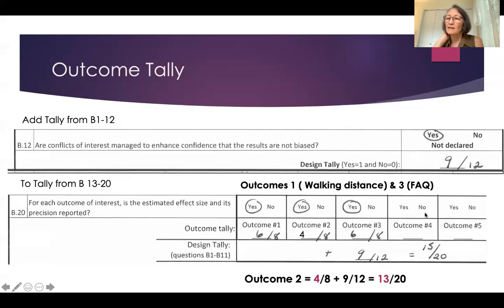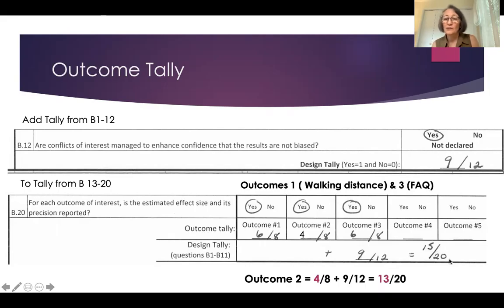So when we take the tally from the first page, where we had 9 out of 12 yeses, right? And we add that to the tally for each of the columns. So in our first column, out of the 8 possible yeses, there were 6, right? And if you add the 6 to the 9 from the first page, you get 15 out of 20